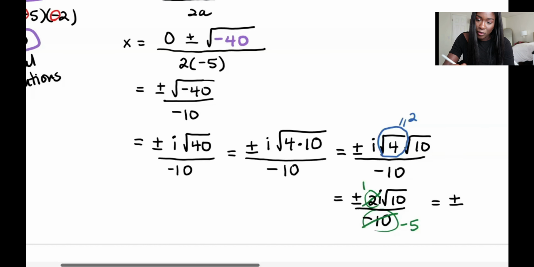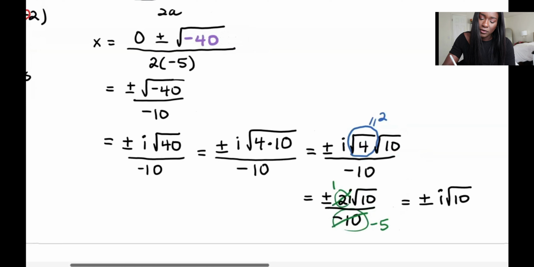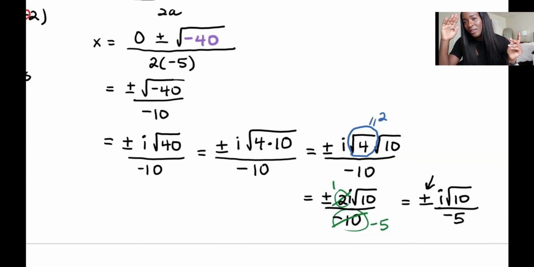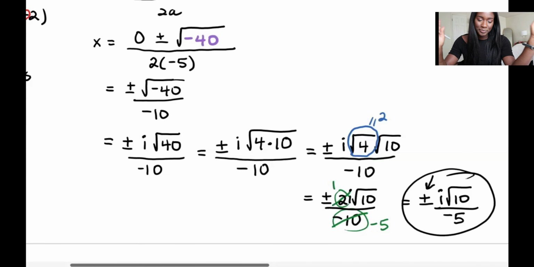You don't have to write that 1. You do need the i. Root 10 over negative 5. And I'll mention that really you could drop the negative in the bottom. You don't need that negative 5 because the plus or minus is going to change the signs on it to give it either a positive or a negative. So it doesn't really matter if it was negative or not. But if that doesn't make sense, just ignore that last part and you have your solutions there. Okay, that is our last